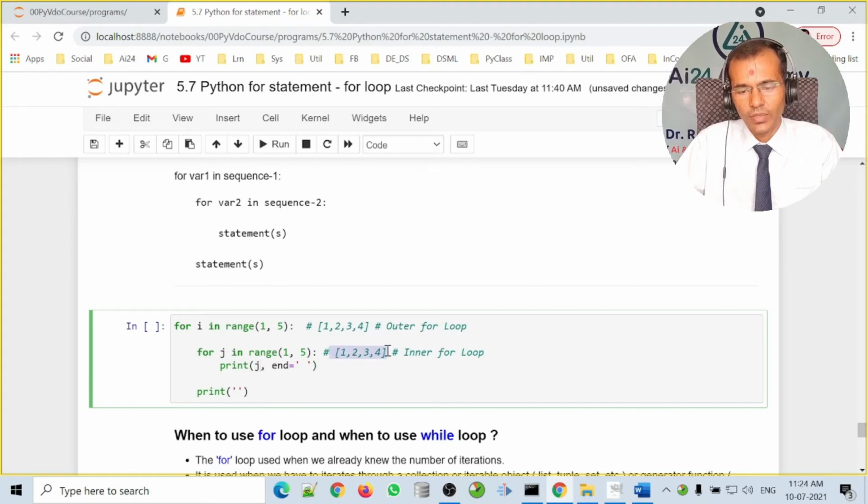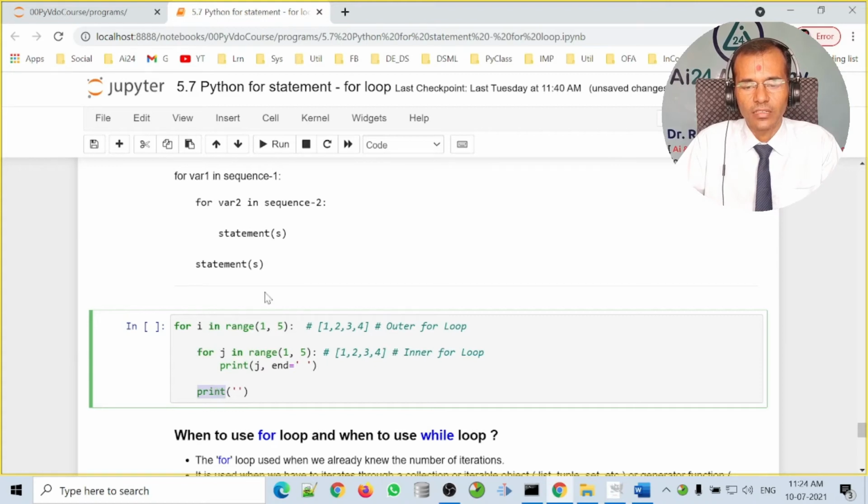Now as this complete sequence is iterated for this for loop, it comes out from the loop and prints a new line. This print statement will generate a new line. Again it will go inside this for statement because i has only taken value 1. So now i will take value 2. Again it will go inside the j loop. Again this loop will iterate through 1, 2, 3, 4 and print 1, 2, 3, 4. Again it will come out from the loop and print a new line.